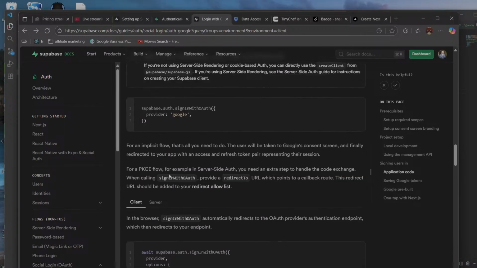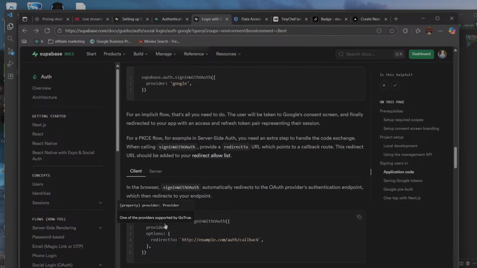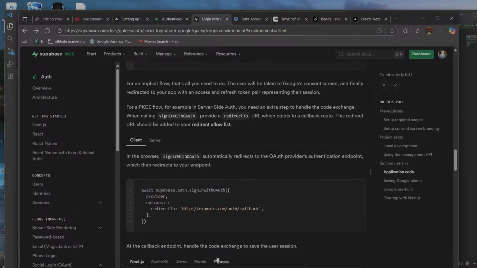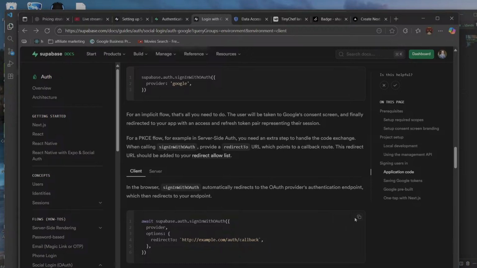Basically, we will have to call this function instead of the first one. It's the same thing, it's just we're adding an option here to redirect it to a specific link after they're signed in. So instead of kicking them right back to the page they were at before, we're going to have to redirect them to a specific page, which is going to be this code down here. But we're going to take this,